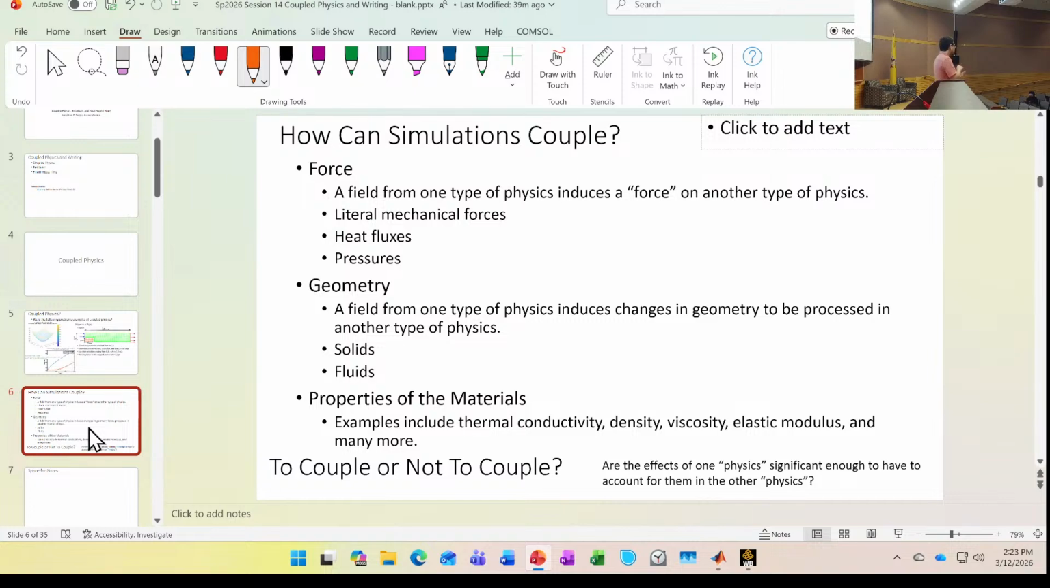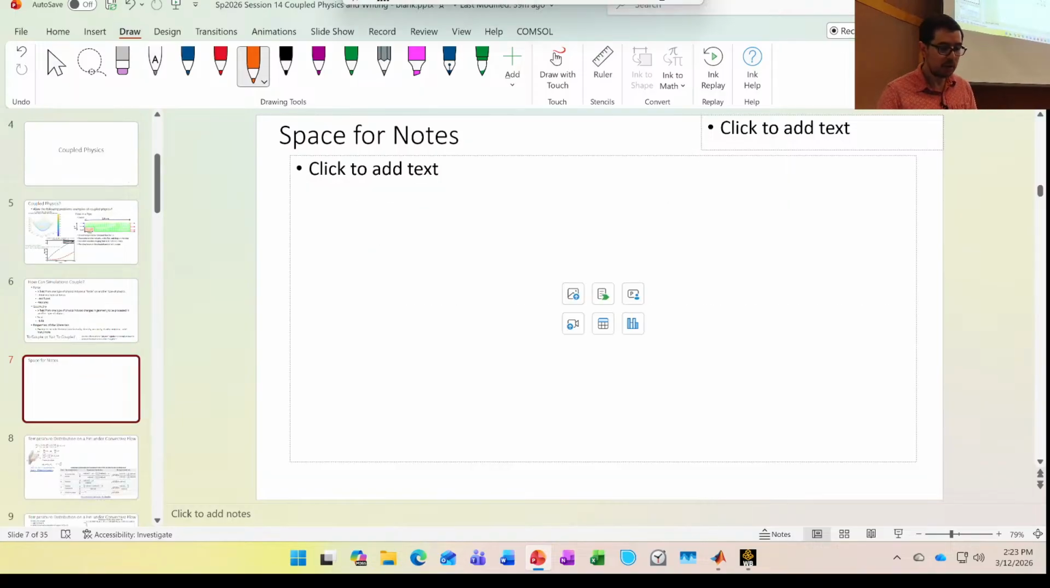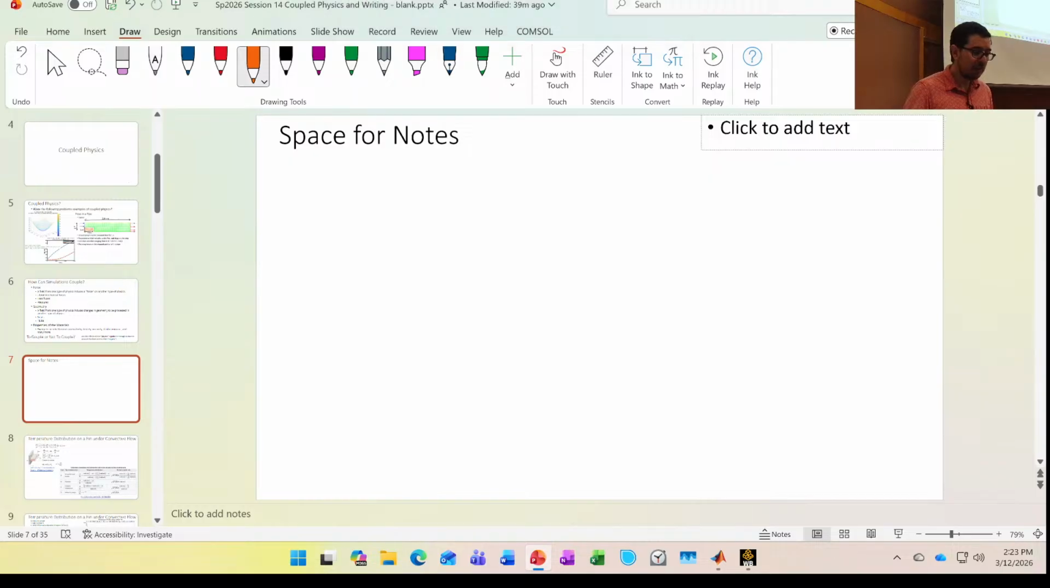So there are ways in which we may have changes in the physical properties based on what's happening. Okay? So, going toward this idea of fluid coupling to a solid, we're going to spend just a few minutes